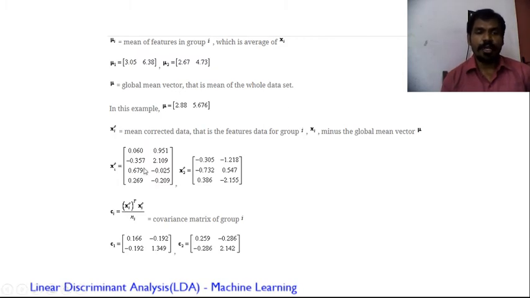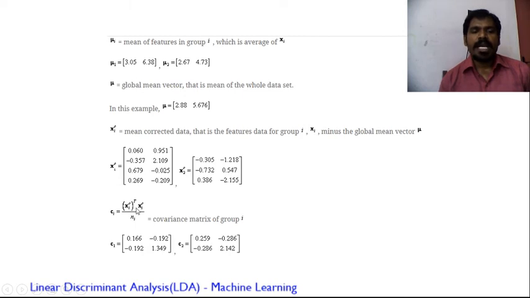So divided by 4 here, that is we are trying to find out the covariance matrix of group 1, group 2, that is x1 naught, x2 naught. So taking all the first column, square each and every value and add them, divided by 4, I will be getting 0.166. And similarly I take the second column, square each value, add all the values, divided by 4. I will be getting